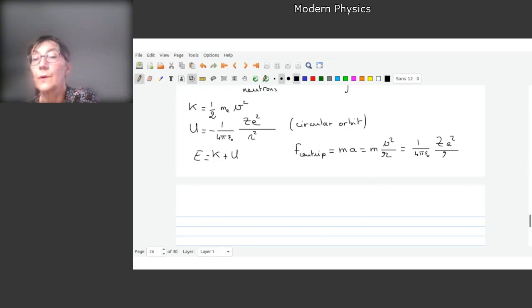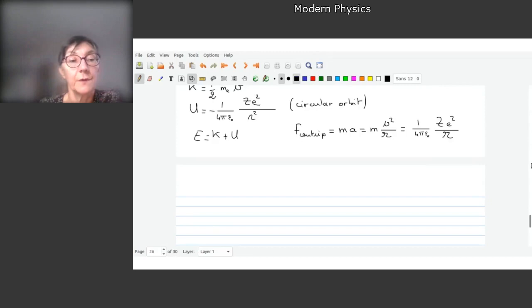This looks like a 2. Okay, so this is the kinetic energy and this is the potential energy. Okay, so we can write it this way: the total energy E is equal to,